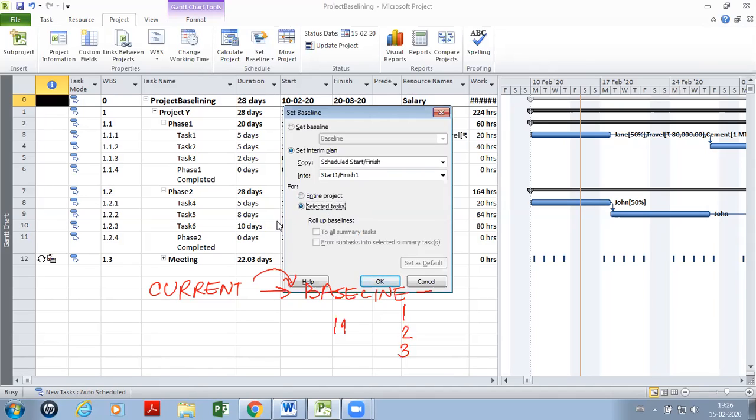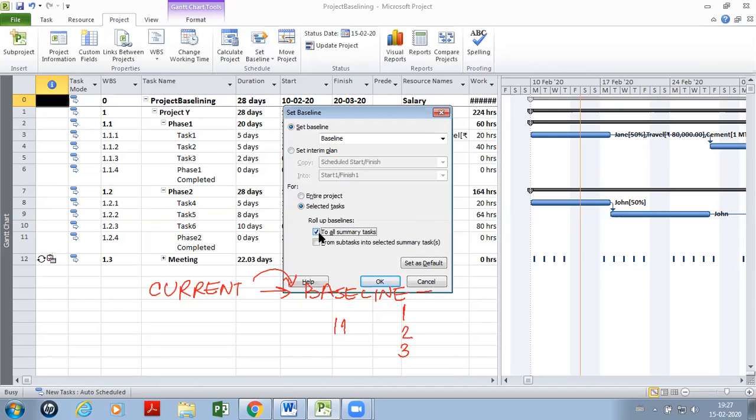And if you choose selected tasks, will the change in baseline impact all summary tasks, or will it not? Now it will be enabled. If I choose to baseline selected tasks only, will it be aggregated up, pushed all the way up to all summary tasks?